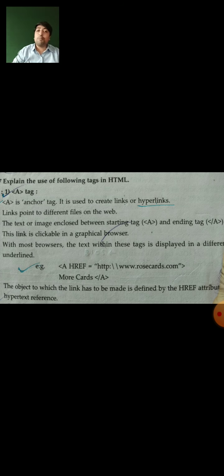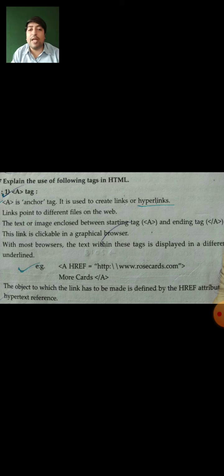The next page should be given at the required place. If I want to give my other page, you can see in this example: a href equal to, in double quotes, http, double slash, that means the root directory, www.rosecard.com.